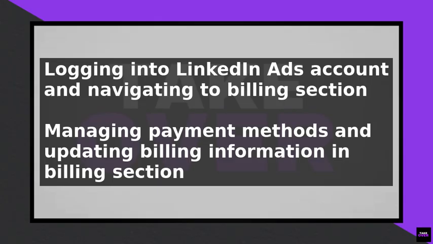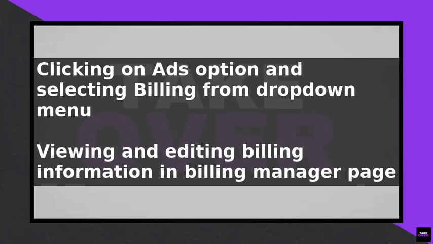Next, click on the Payment Methods option and then click on the Add Payment Method button. This will prompt you to enter your credit card details, including the card number, expiration date, and security code. Make sure to enter the correct information to avoid any issues with your payment. After entering your credit card details, click on the Add button to save the payment method. Your credit card will now be added to your LinkedIn Ads account and you can use it to pay for